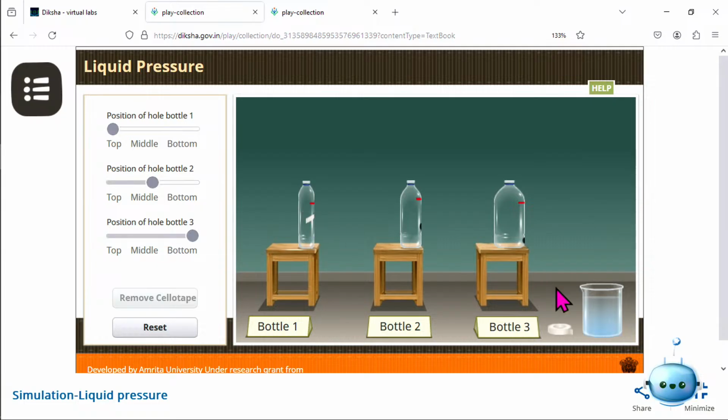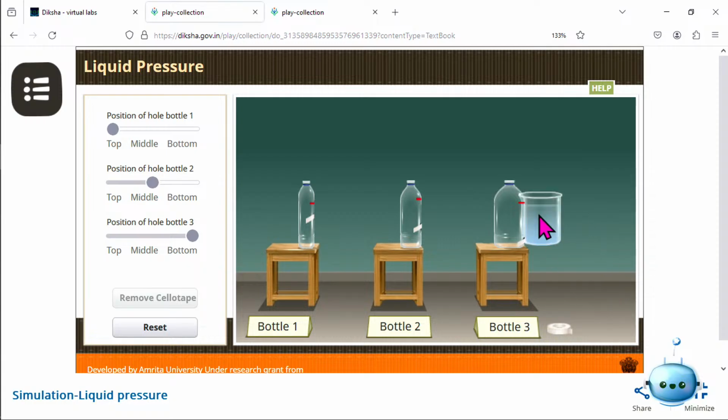What we are doing, we are performing all the steps. Like already discussed by Indu ma'am, whether you get the chance to perform the experiment in the actual laboratory or not, here you are getting the chance. You can perform this experiment and try with different positions of the hole in different bottles, so as to compare whether the results are as per the concept or not.